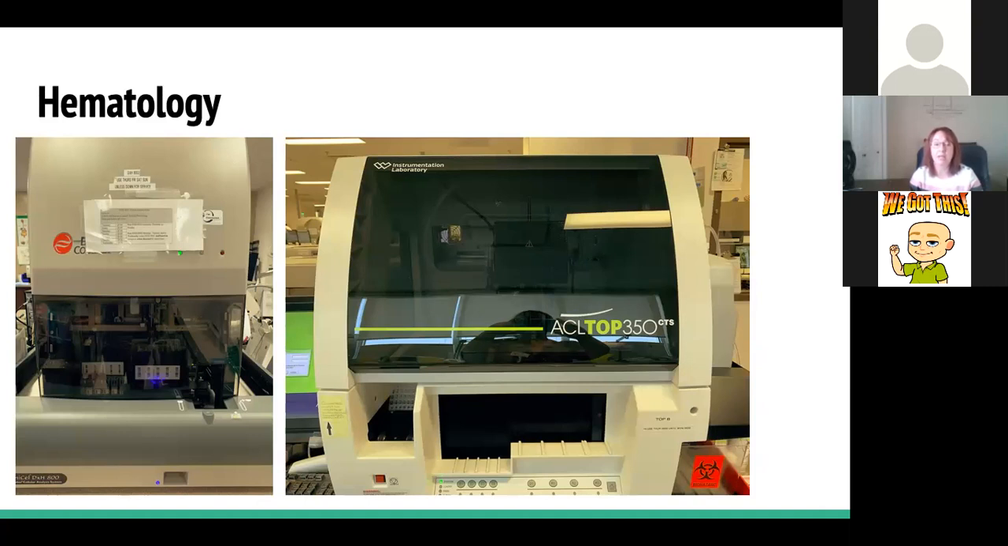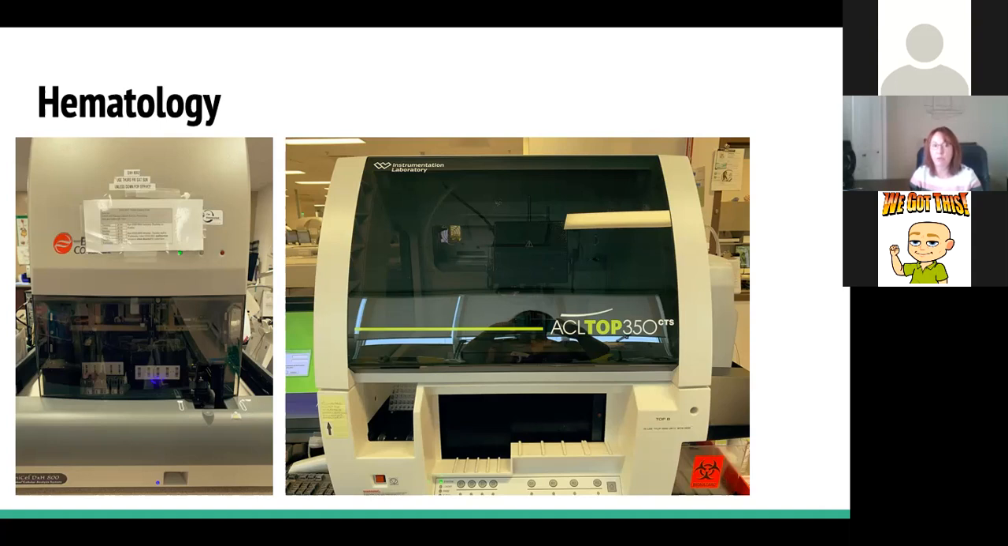They may need, if they don't make sense, to be recollected. So that's part of the MLT job, is to know all the factors that would interfere with making the results accurate. So on this DXH machine, if the machine flags something for us,